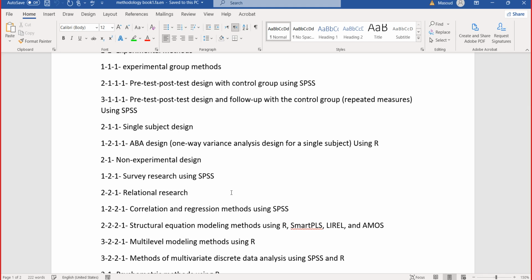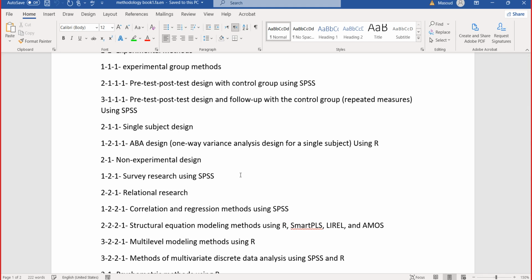the design that I provided here for the quantitative, qualitative, and mixed research methods. We have also a single subject design that is suitable for some treatment protocols that are individualized for an examinee or a student.